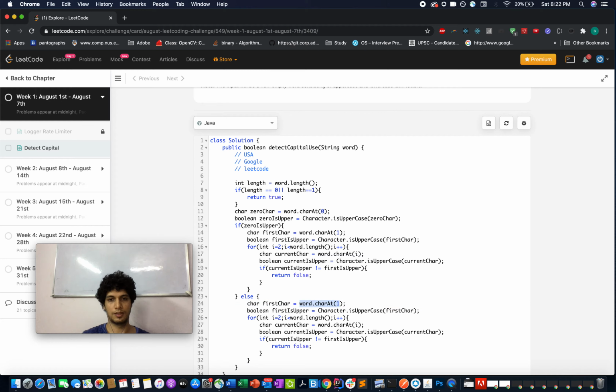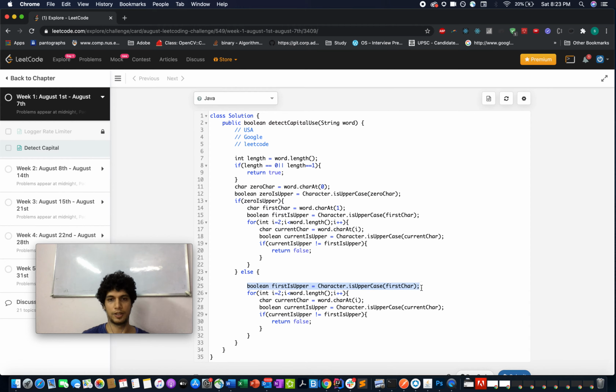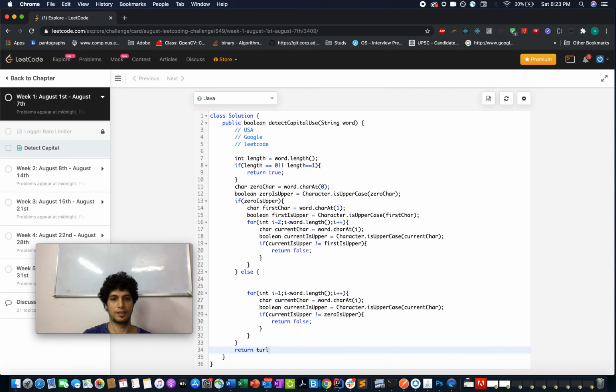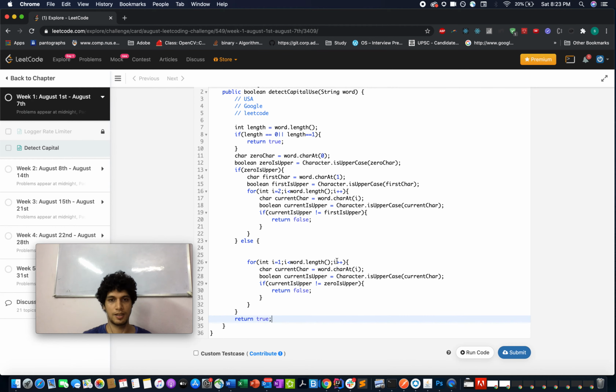And we know the zeroth character type was lower, so we can use zero is upper from here, and we don't need this. We'll start with the first character, and we can check it against the zero is upper or not, and then return true. Otherwise, that's the last case where your string is a valid one, actually capitalized as per the rules.